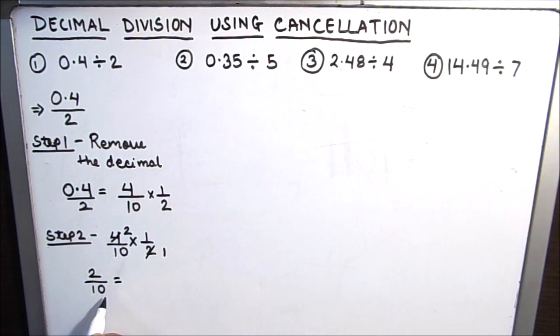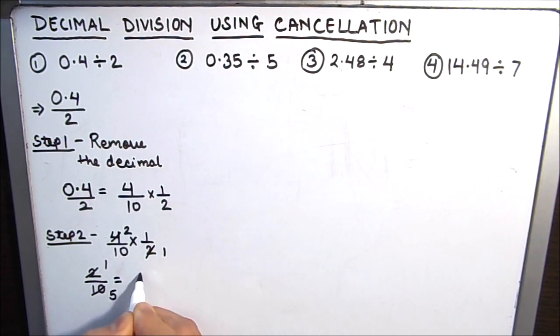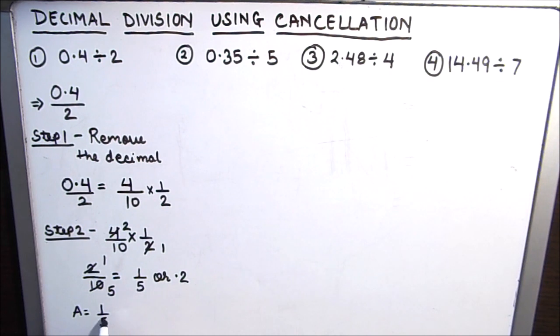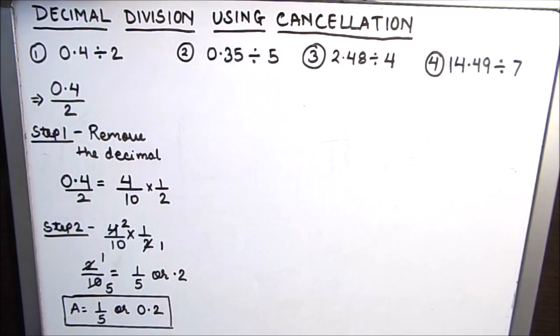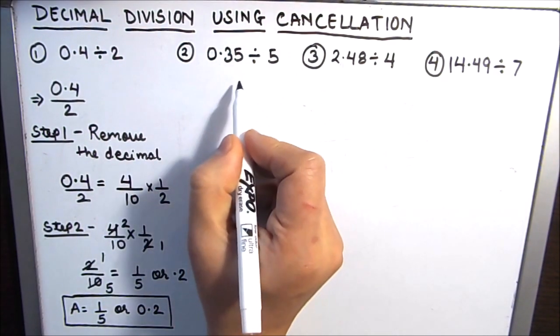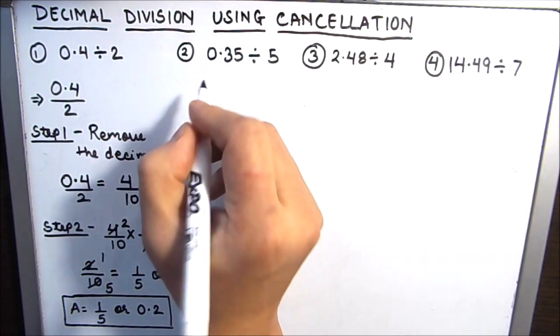Now this 2 over 10 can also be further reduced because they have a common factor which is 2. So 2 times 1 and 2 times 5. So our final answer is 1 over 5. Answer is 1 over 5 or in decimal it is 0.2. So this is our final answer. So now let's move on to our next example, which is